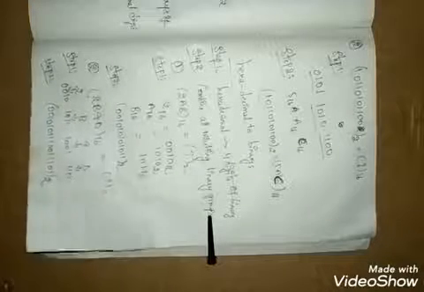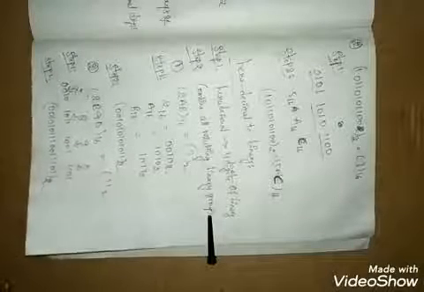For this class, we completed our numbering systems, our conversion types. We converted decimal to binary, decimal to octal, decimal to hexadecimal. And binary to decimal, octal to decimal, hexadecimal to decimal. And we converted octal to binary, binary to octal, octal to hexadecimal, binary to hexadecimal, hexadecimal to binary. Like this we converted all the numbering systems.